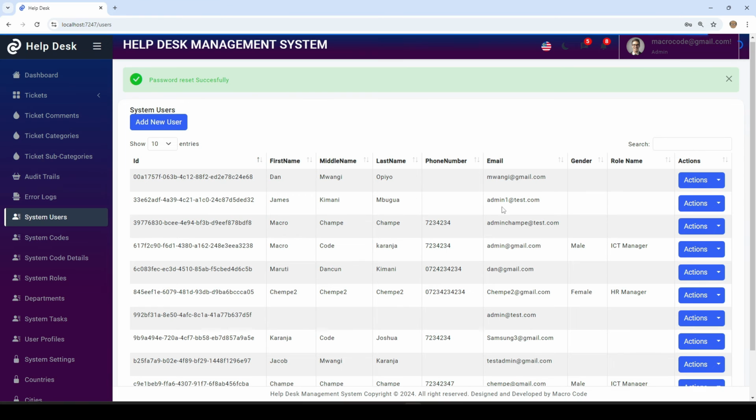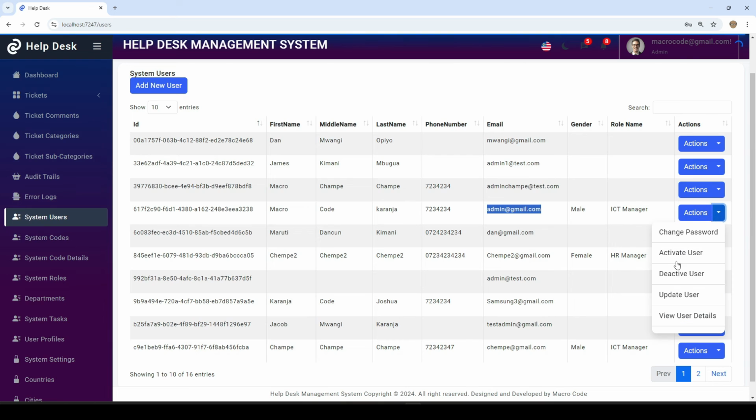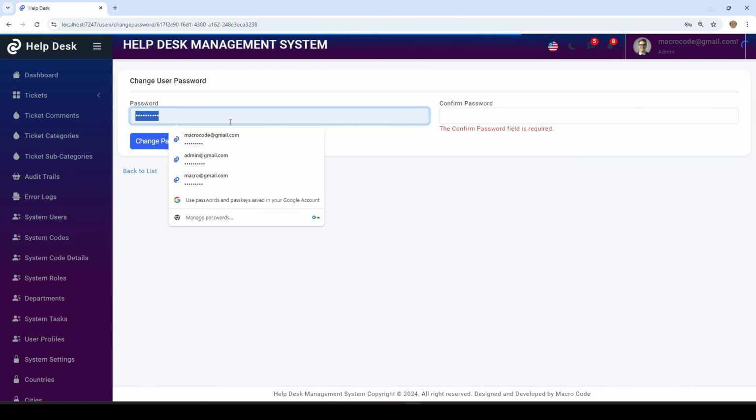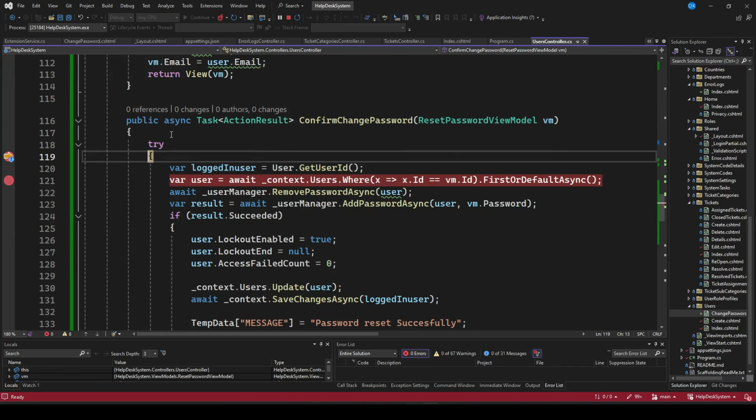So that's one thing. For example, I want to reset the admin account. So I'm going to say here change password, and I can also provide admin, and also provide here admin, and I can change the password. So that's how you can change the password. So if I proceed,